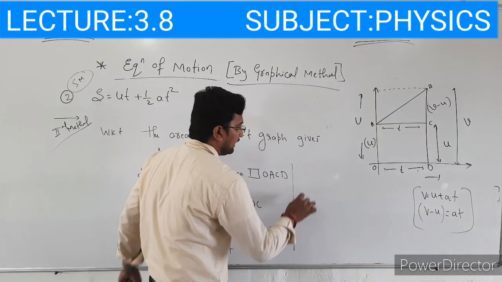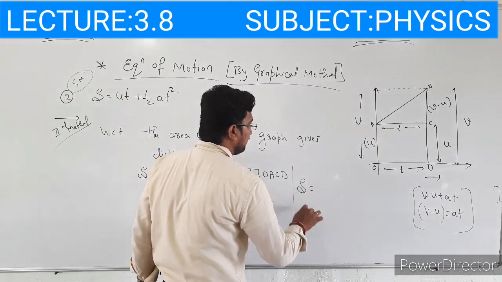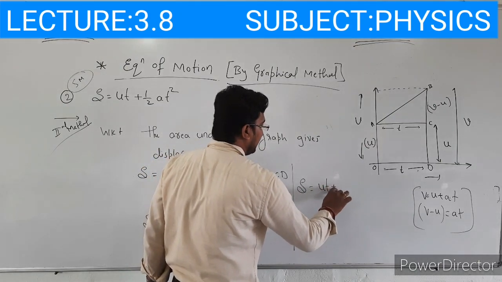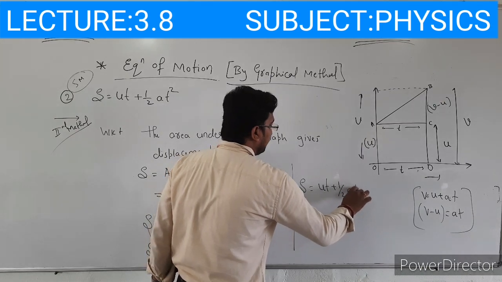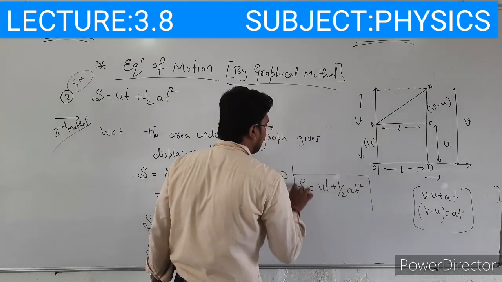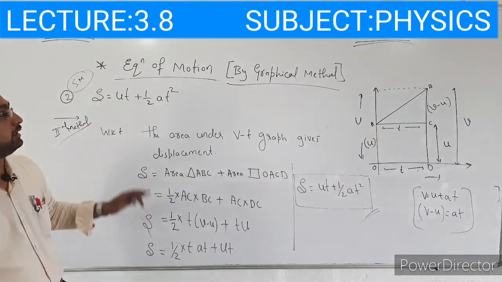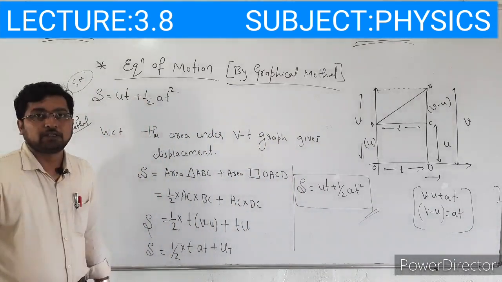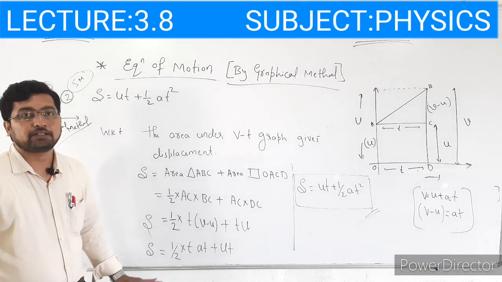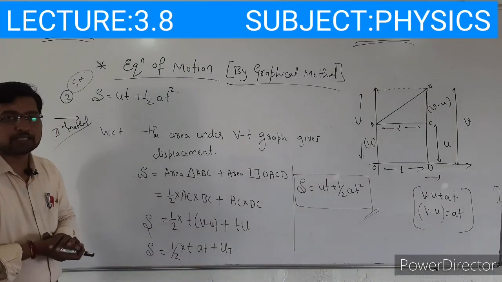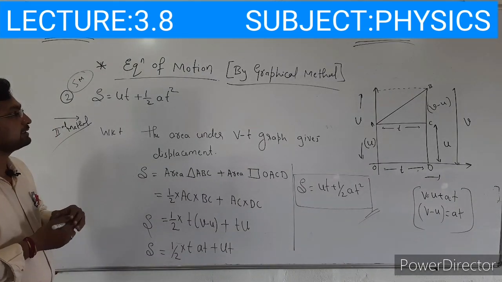In the next step, we are rearranging the terms. Then displacement is equal to UT plus half AT square. So these are the two methods to solve this equation. If you follow any one method, you will get the full marks, right? So if it asks for 5 marks, s equal to ut plus half at square,